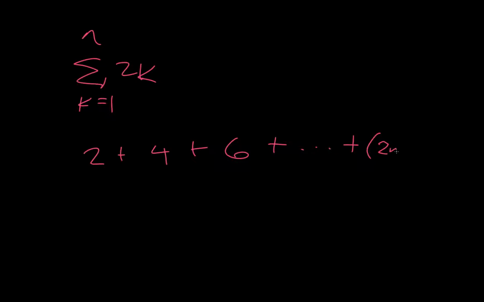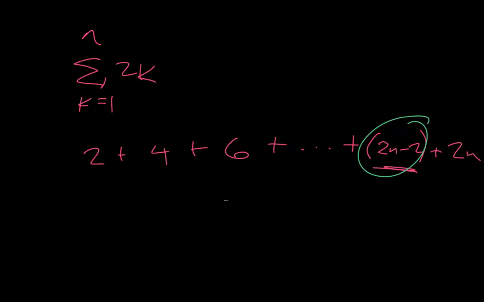plug in 2n minus 2 plus 2n. Now this part's kind of confusing, right? Because we just plug in the n, but this is just showing that we were growing by 2 each time, and so the one right before this needed to be less than 2, because if we do this plus 2, we get here. Don't worry too much about it. If you wrote yours without this piece, you're fine. Okay, and